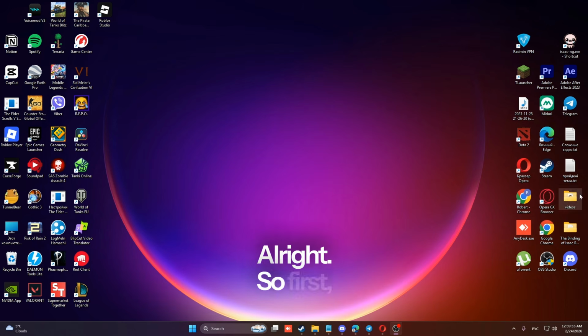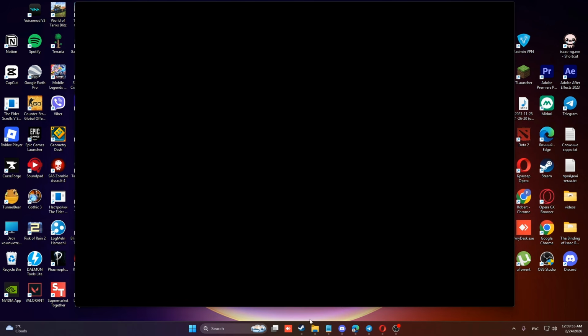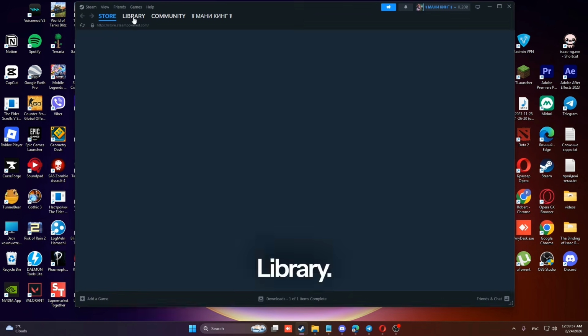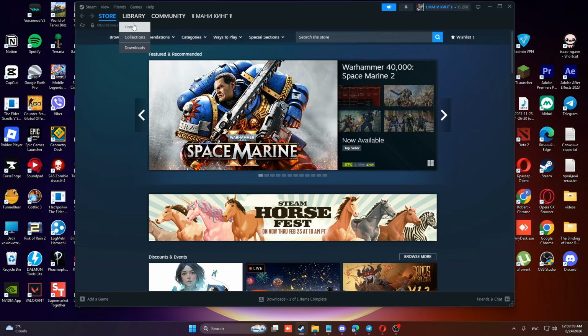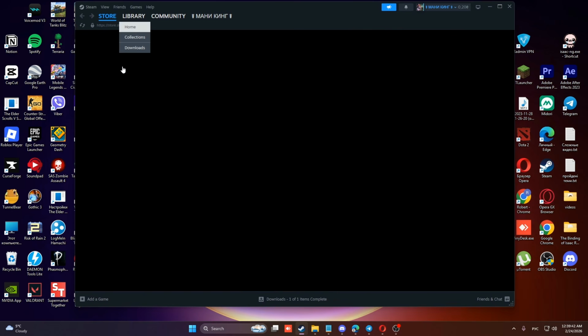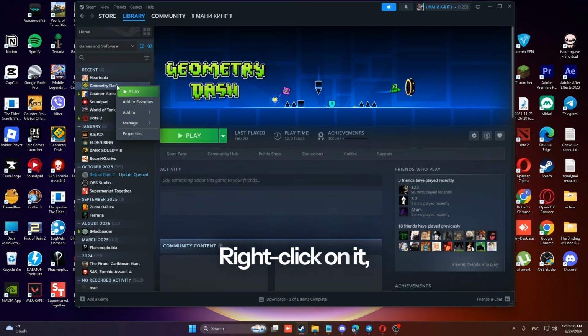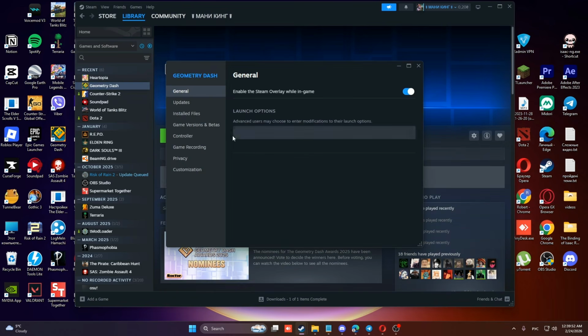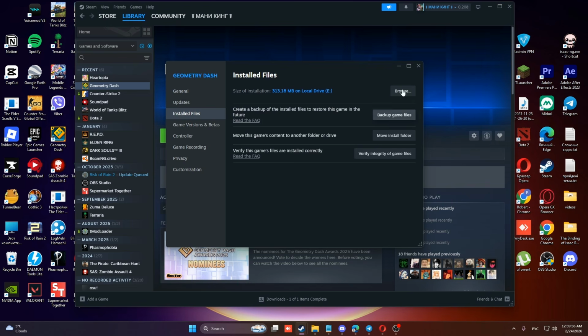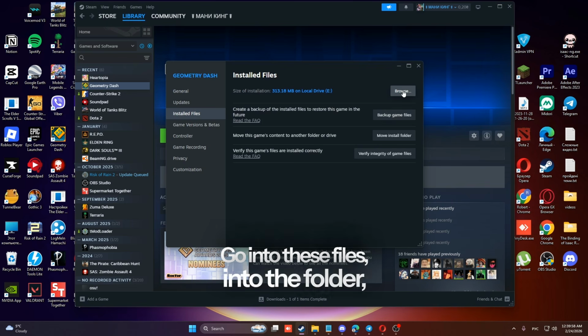Alright, so first we go into Steam, Library. Here we need Geometry Dash. Right-click on it, then Properties. Then Installed Files. Go into these files, into the folder,